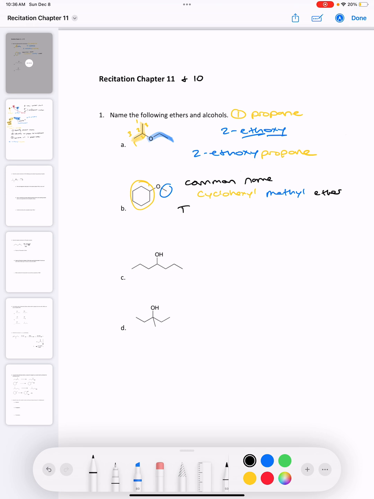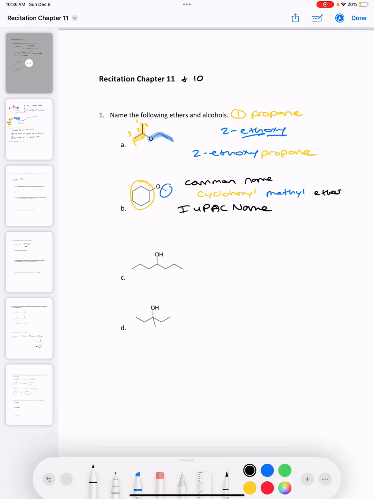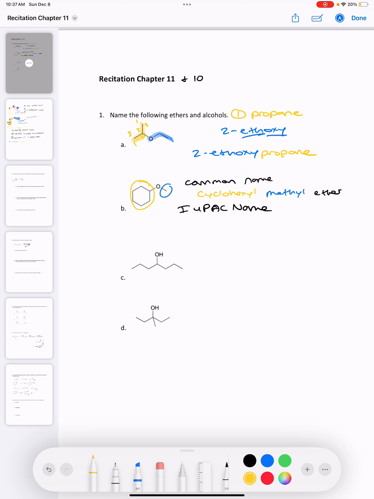The IUPAC name would make you find the larger side. So the cyclohexane is the longer side, so that's the parent chain. Step 1, we find the parent chain, cyclohexane. Step 2, we number and identify substituents. So this whole thing now is a substituent for the IUPAC name. And it's the only substituent, so when we number, that should be number 1. So it would be